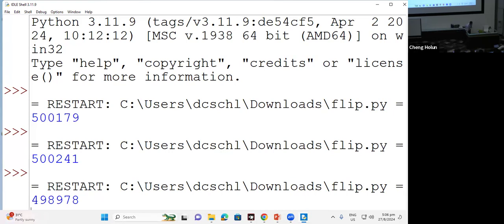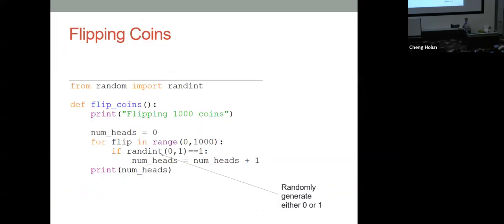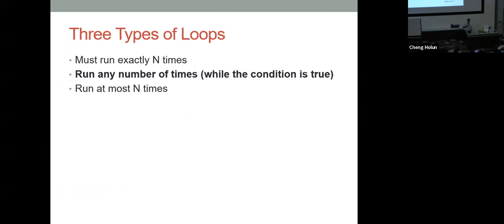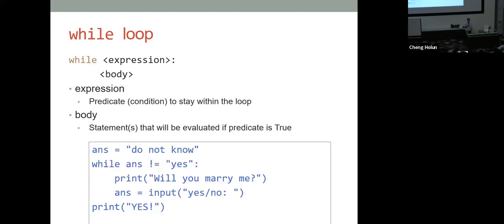So what I try to say is you can actually use an experiment instead of proving your math is right. And it's good because we know how many times we want to run, right? This one is 1,000 times or 1 million times. But not always do you know how many times you want to run. Sometimes you don't. Why? I can try to repeat until a certain condition is met. Okay. For example, here,